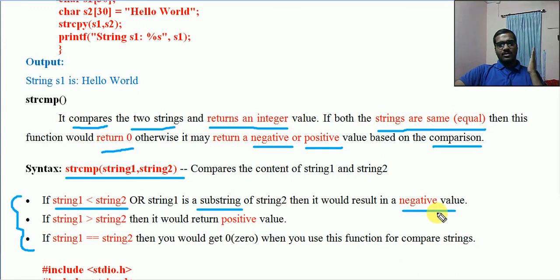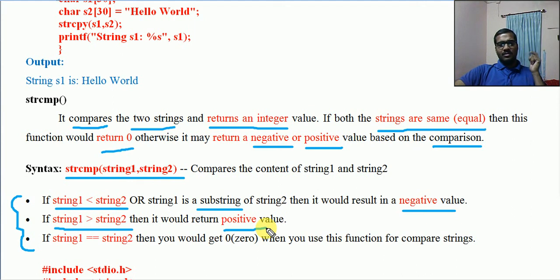So just call strcmp, and the comparison result will be assigned into a variable. Then check whether that variable is a negative number or 0. The next case is the opposite: if str1 is greater than str2, it will return a positive value.